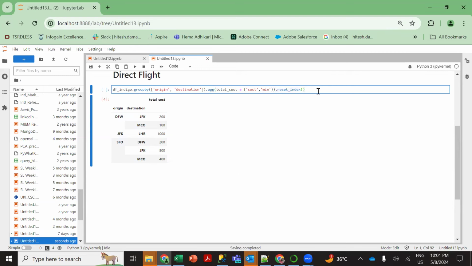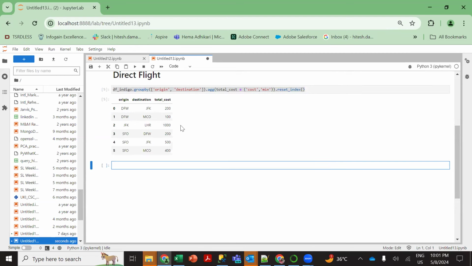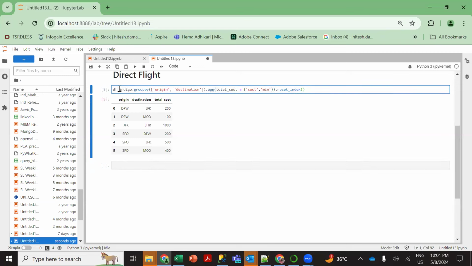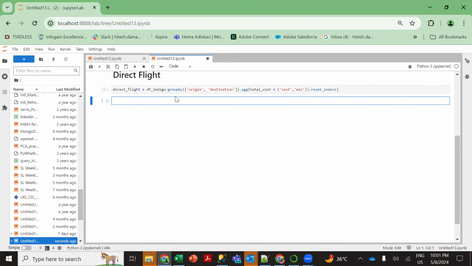So over here, if I'm using reset index and if I run this, as you can see, basically the structure of this has changed, right? So basically I'm getting all the values of origin filled, all the values of destination filled, right? So yeah, this is the purpose of reset index, and I will basically provide the data frame name as well over here, right? So yeah, this is the direct flight query. Similarly,